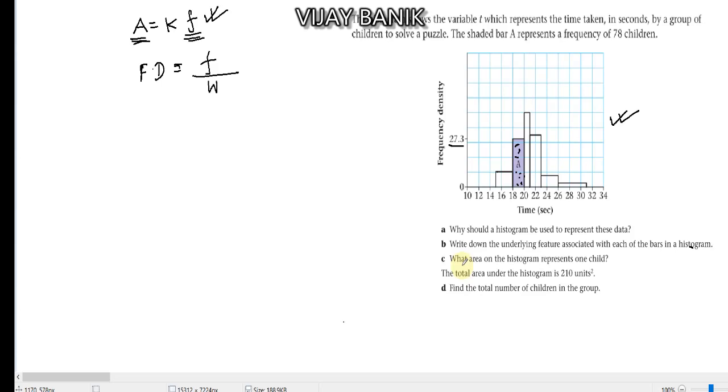What area on the histogram represents one child? So how much area is there for one child? Let's see. How many children are there in bar A? 78 children. And what is the area of that bar? The area of that bar is 27.3 into 2, because 18 to 20 is 2. We don't know what the constant is, but if we don't use the constant, it's fine. This much area, in centimeter square, is for 78 children. So for one child,